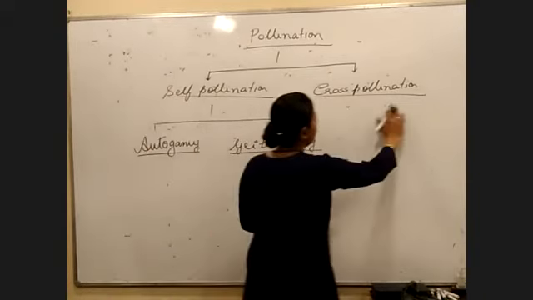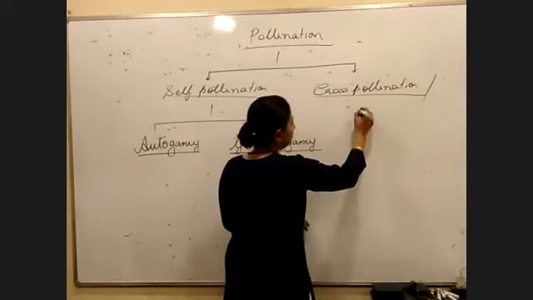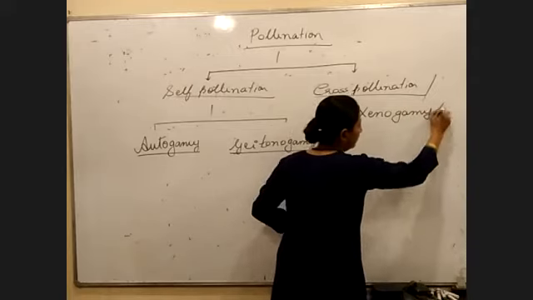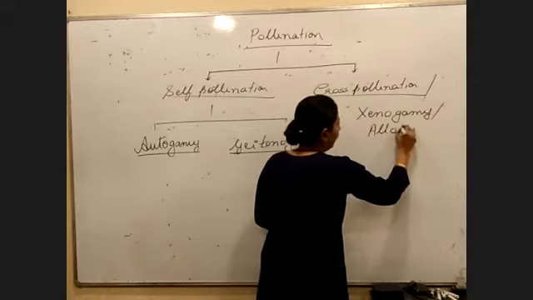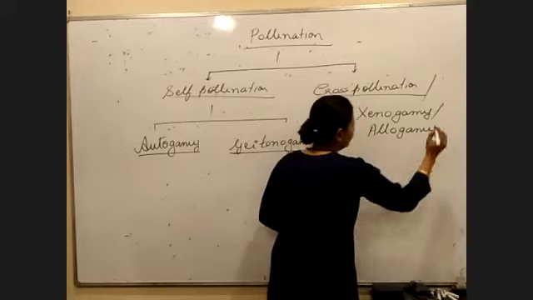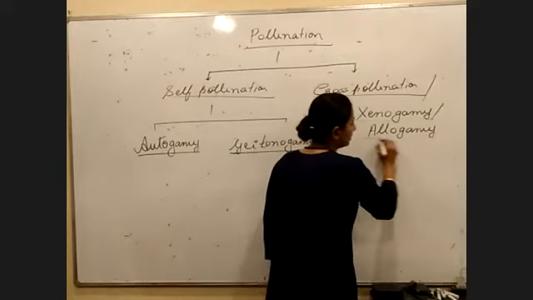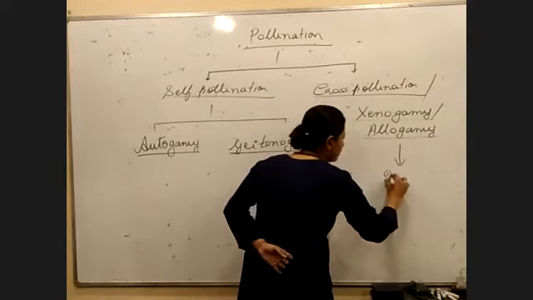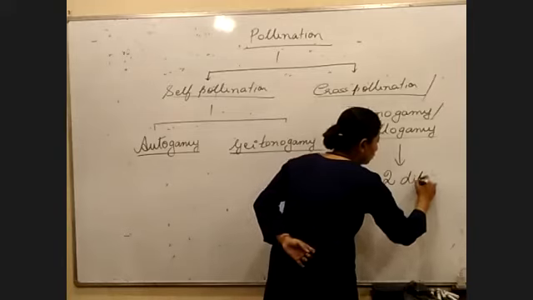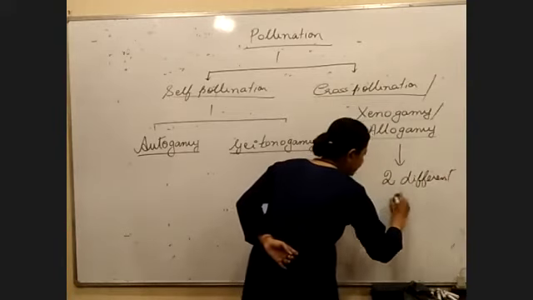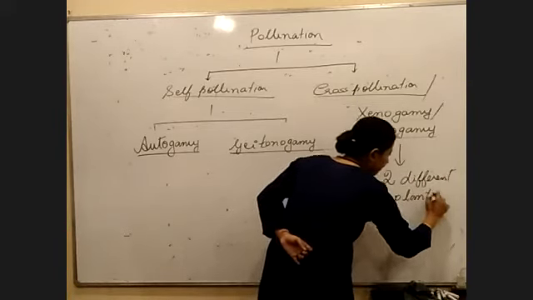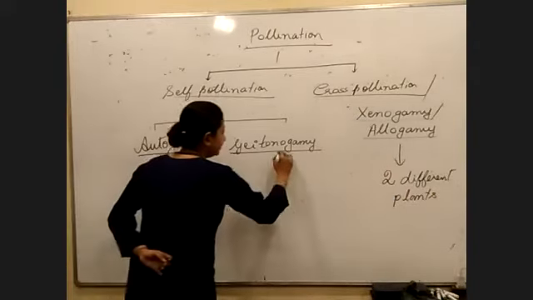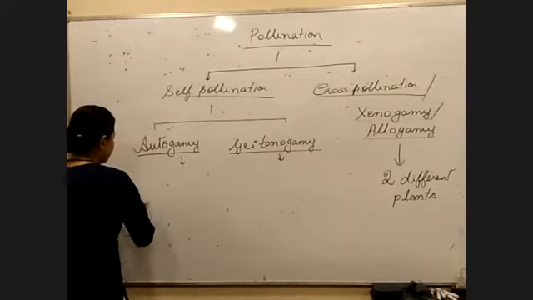And cross-pollination is also called xenogamy or allogamy, right? Cross-pollination occurs between two different plants, right? As far as autogamy and metagamy are concerned,